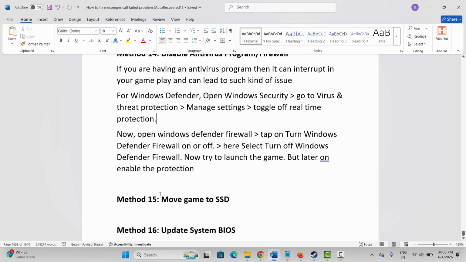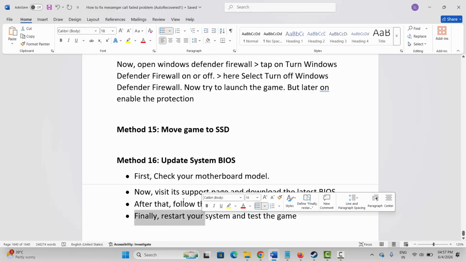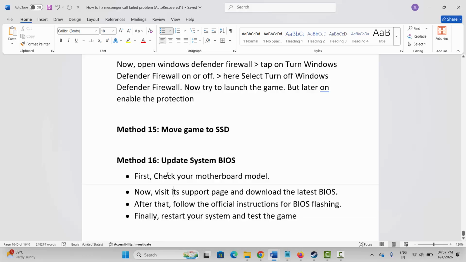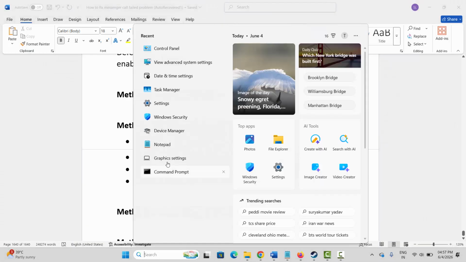If not, next is to update system BIOS. For that, check your motherboard model first. After that, visit its support page and download the latest BIOS. Next, follow the official instructions for BIOS flashing, and finally restart your system and test the game if you can play it. Next method is to run the game on dedicated graphics card. So for that, go to the search option, search for graphics settings,